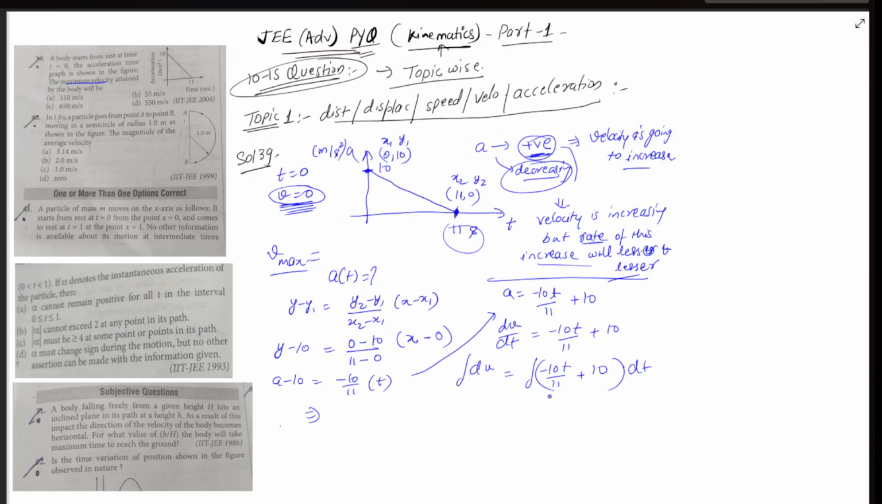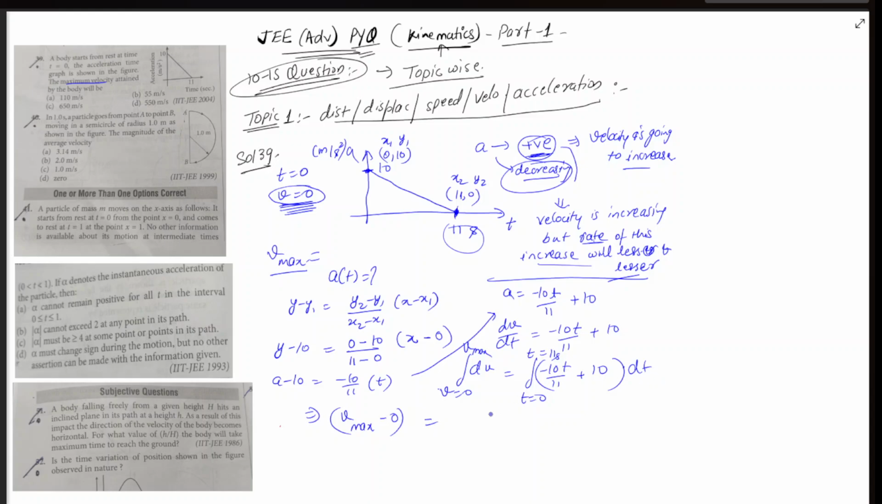So we can put limit here. At t equal to 0, velocity will be 0, and at t equal to what? 11 seconds, we will have our maximum velocity. So after integration, putting limit v max minus 0 is equal to the integration of